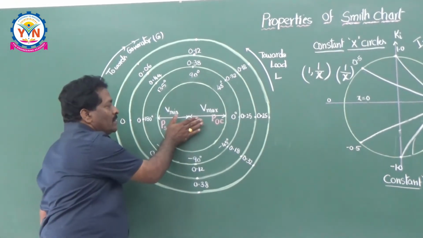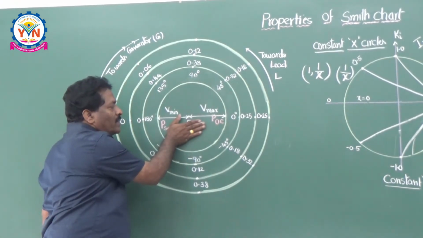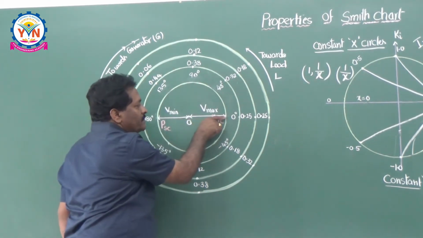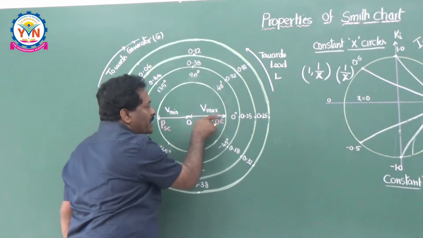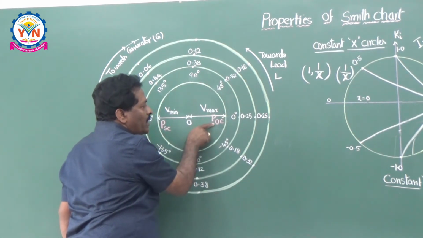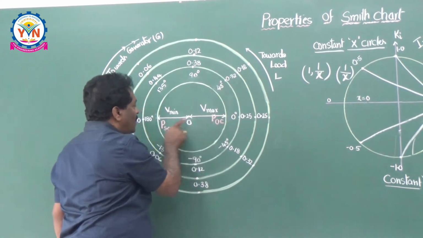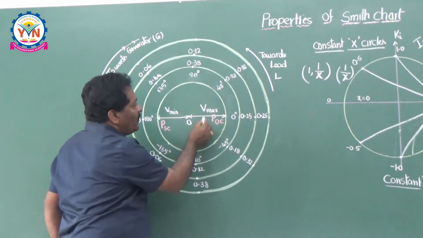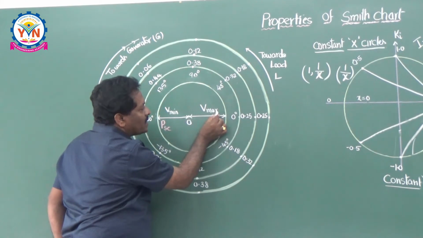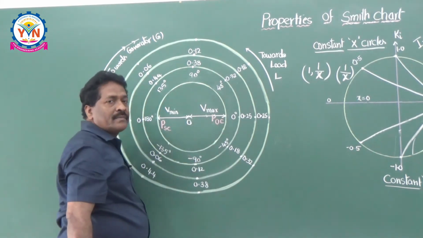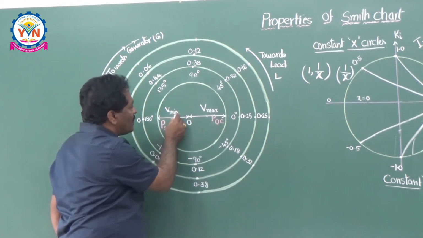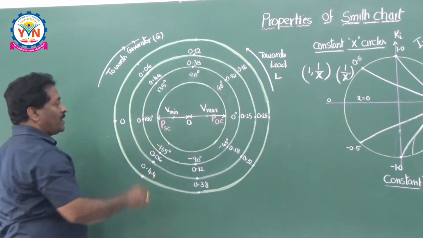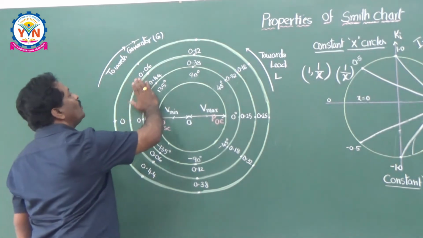Now you have to remember one thing here. Whenever you are going in this direction, you are going towards open circuit, and here it is a short circuit. So V maximum will be in the direction of POC and V minimum will be in the direction of PSC. So before going for that, I would like to tell you how to utilize this Smith